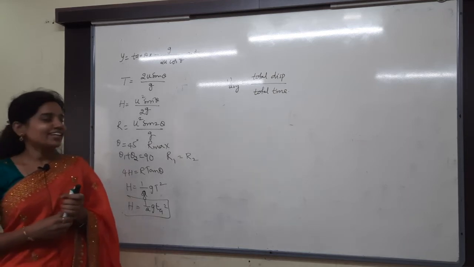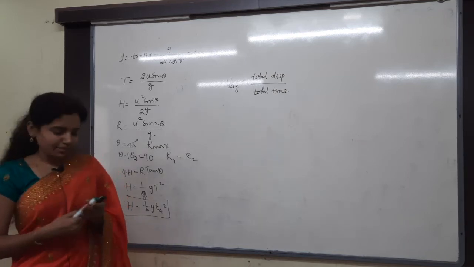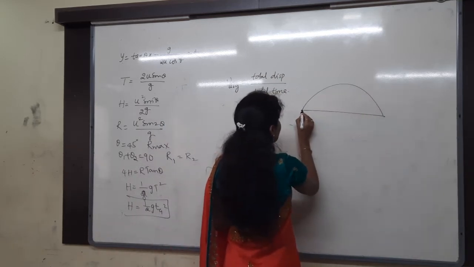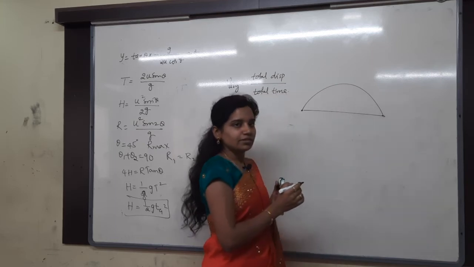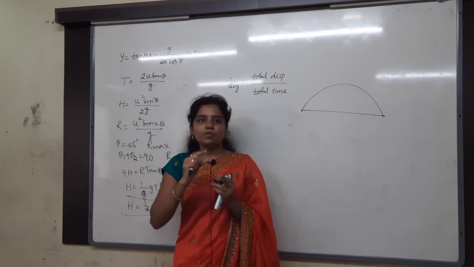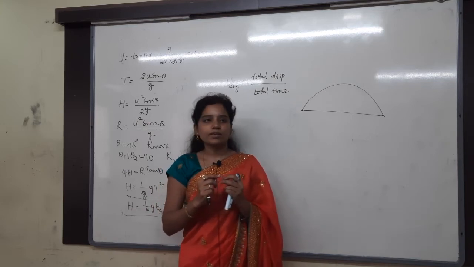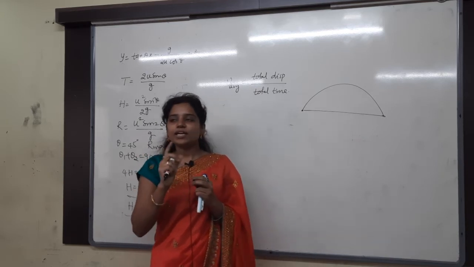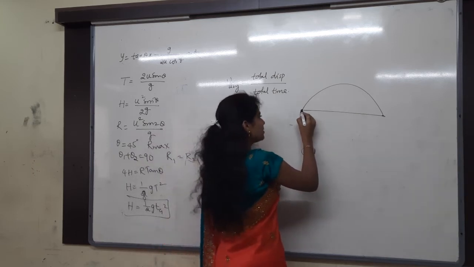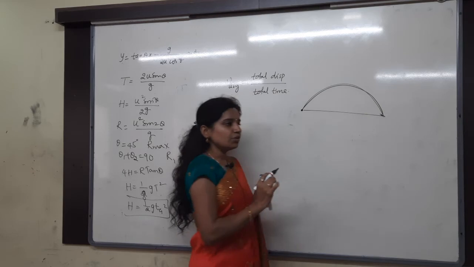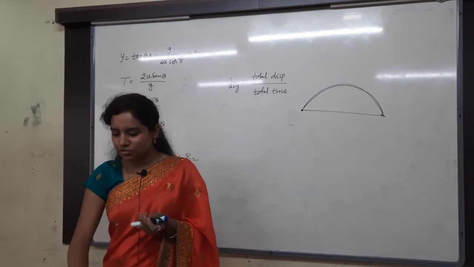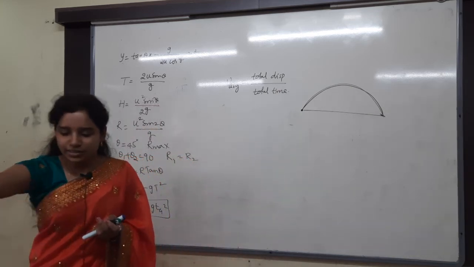So here it is total displacement by total time. I have said that for the total projectile, whenever it is starting from here and then reaching the ground, we will always have two dimensions. One is along the x axis, another is along the y axis. What is the displacement along the y axis? Initial point is equal to final position only, na? So it is starting from here and then reaching here only again.